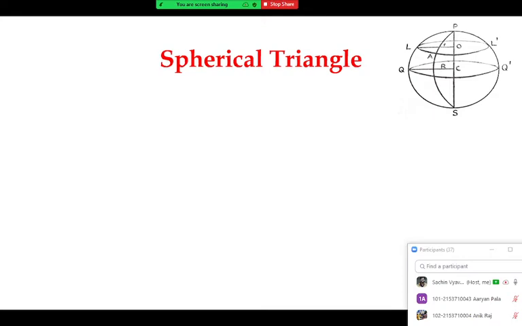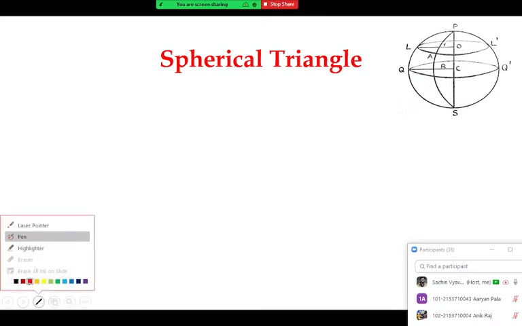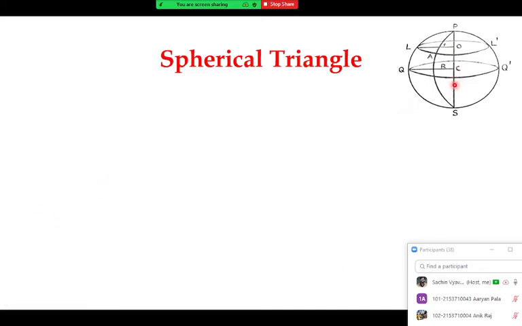Right now you can see one figure on the right side here, where a few circles are drawn on this sphere. So let me see a few definitions. The first one is a great circle. Can you tell me the definition of a great circle? What should be the great circle? Yes, anyone? Which cuts the whole Earth into two equal hemispheres. Okay, that can be one way of explanation.